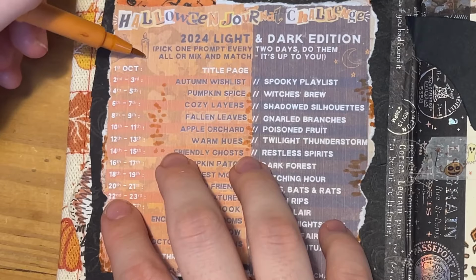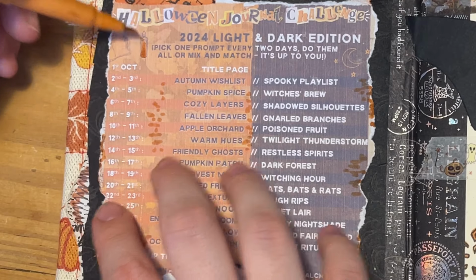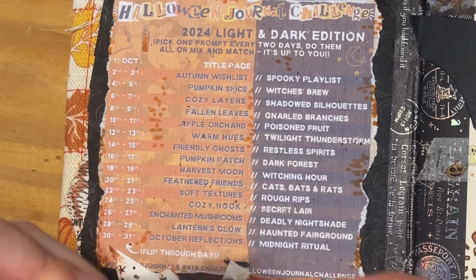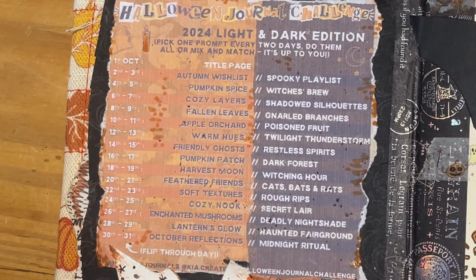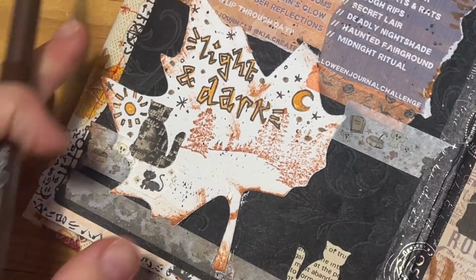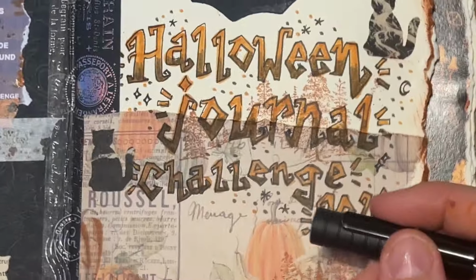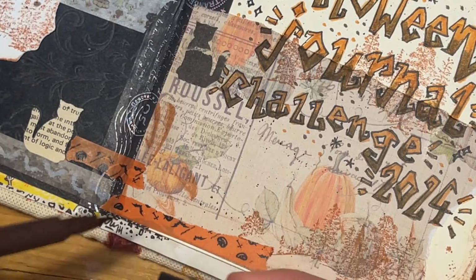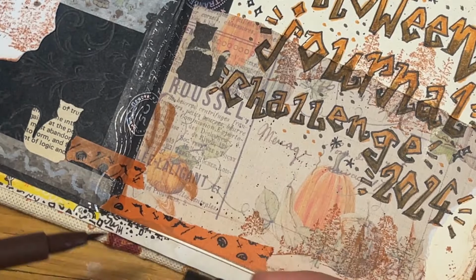I don't want anything to look nice and neat, you know, I want it all to be a bit messy. I also coloured some little elements in and ruined my pens by flicking and splattering brown ink all over the place. If you want to keep your pens pristine and nice, I do not recommend this, but if you want to have fun, make a mess and make your pages all speckly and old looking, then I definitely recommend it. It's up to you, but I really love doing this. It definitely makes a mess. Make sure you don't get it everywhere, but it just fills in that white space